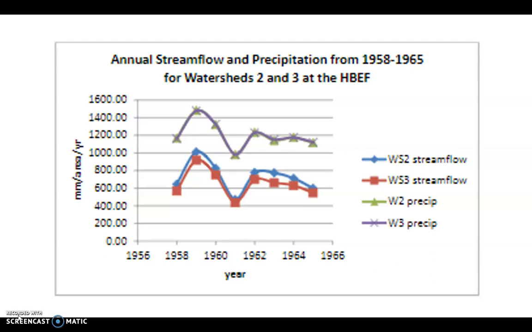So from your Hubbard Brook, one of the first questions is to look at graphing stream flow, which are my two blue lines here. And this is all for the early years, right? So before the experiment takes place for watersheds 2 and 3. And then on top of that, graph the precipitation